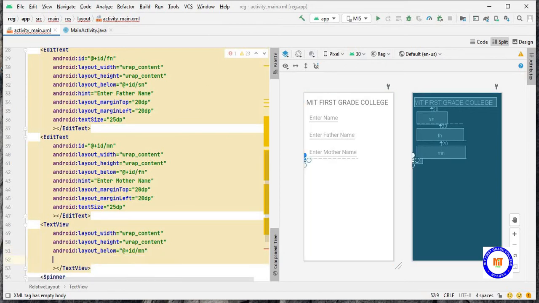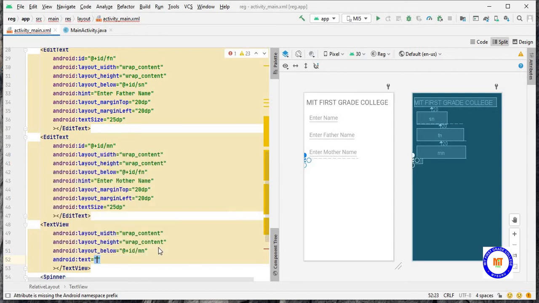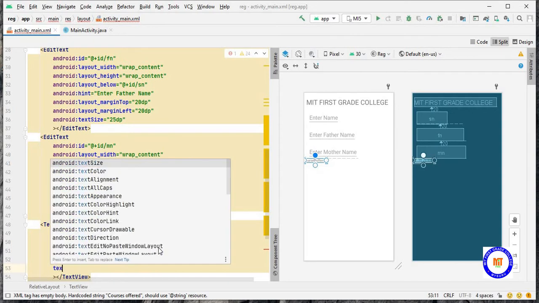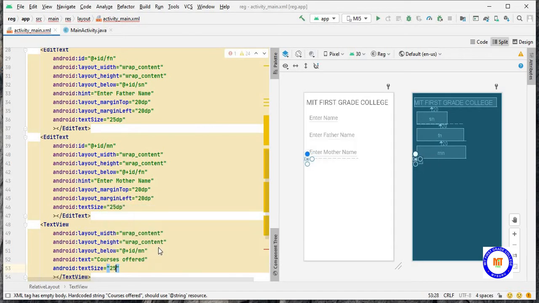I'll give the text as courses offered. Increase the size of the text. Text size, let this be 25 dp.